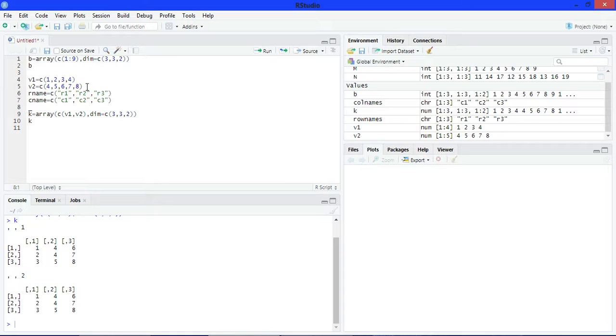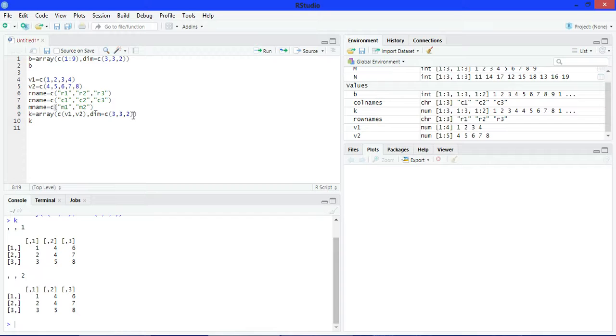Now give names to the matrices. M name is equal to, we have two matrices, so pass 2 names here.